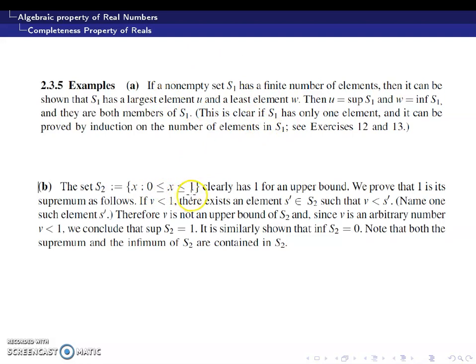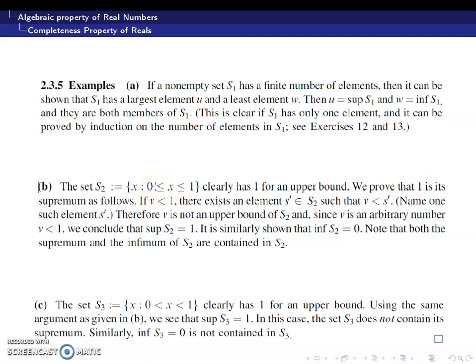And in the case of the half-open interval (0, 1], 1 is the supremum which belongs to the set, 0 is the infimum which does not belong to the set. And in the case of the open interval (0, 1), we have already proved that 1 is the supremum which does not belong to the set, 0 is the infimum which does not belong to the set. So in general, for a given finite set, both the supremum and infimum belong to the set. On a closed interval, both the supremum and infimum belong to the set. And on an open interval, both the supremum and infimum do not belong to the set.